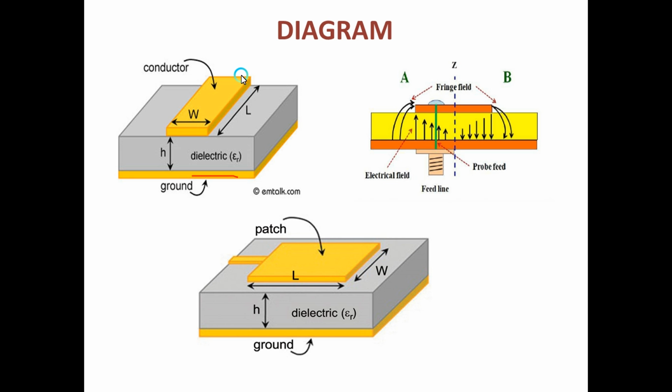The energy goes into the air. You see this second figure. When the energy goes into the air and comes back to the dielectric substrate, this field is called the fringing field. Compared to the first figure, in the second figure you can easily understand how the fringing field is created. When we apply power supply with respect to ground, the transmission line is transferred from